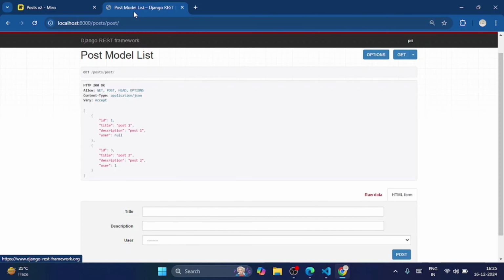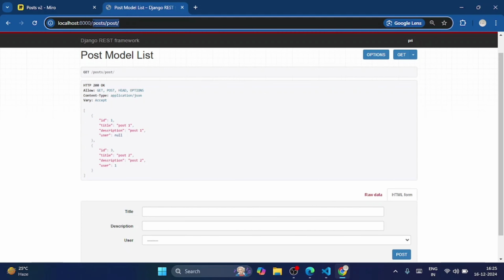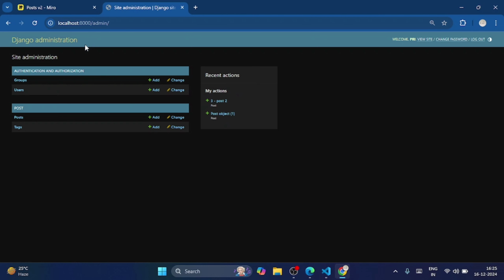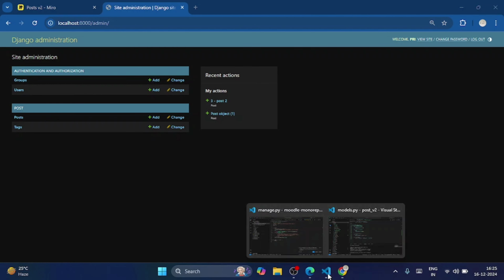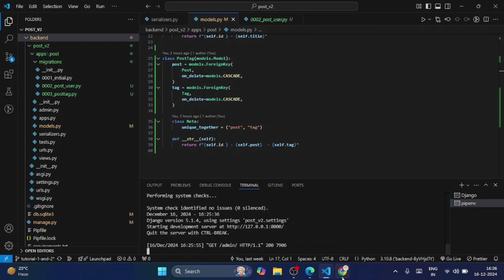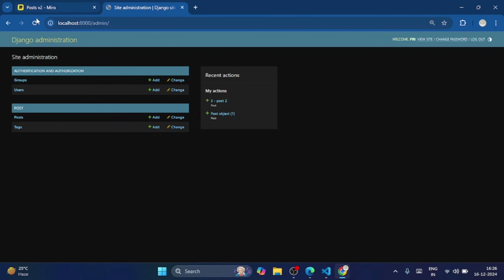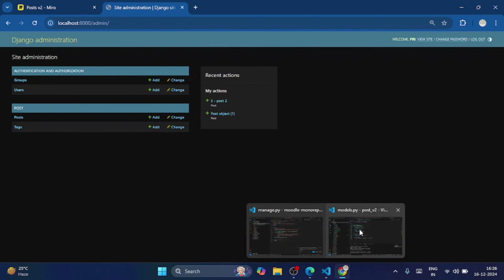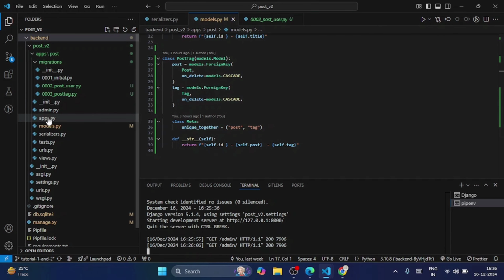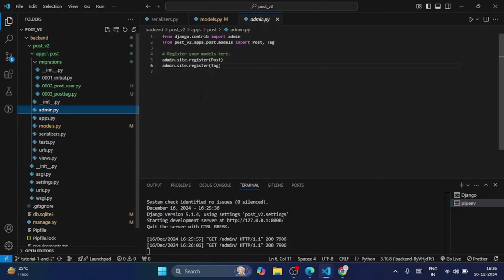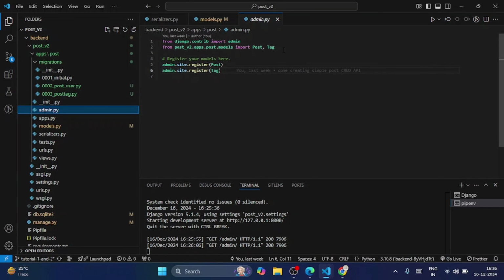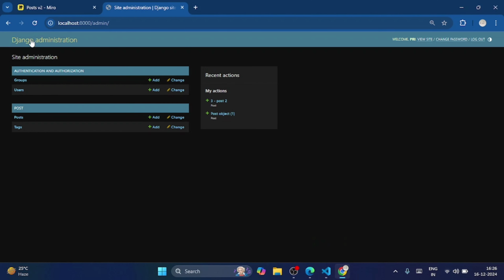Now let's visit the admin panel. Okay, the server is running, but the post tag table is not available here, so let's register it in admin. Let's import the post tag, refresh it again. Now we can see post tags,